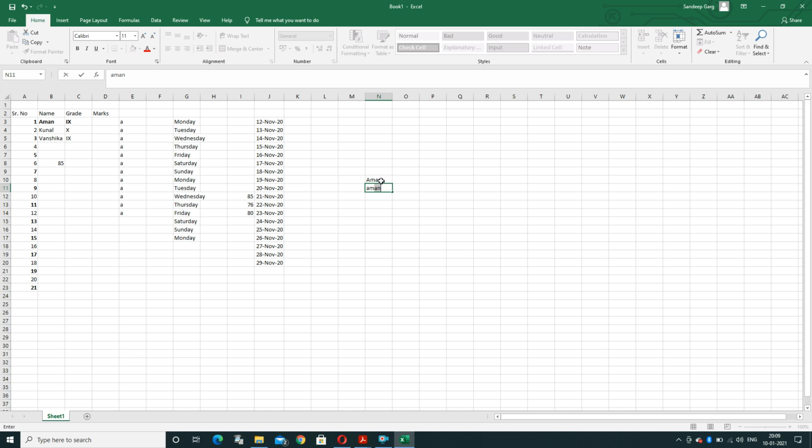Again I typed Aman, it is showing the next option. Like I am typing Raman. Next I am typing Rajesh. Now if I want to type Rajinder, I will type R-A-J. It is showing the different values that I can directly pick. Otherwise I will enter a new value. It is your autocomplete.